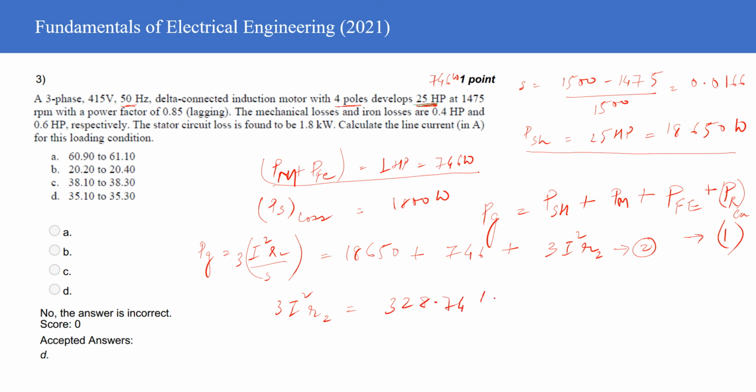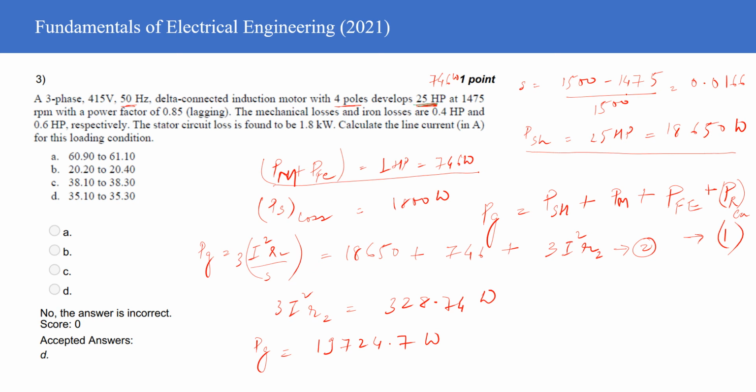328.74 watts. All right. So now if you use the value of S again to divide this quantity 3 I square R2, then you will have the value of PG, right? And the PG value will be equal to 19724.7 watts. I've done nothing. I've just divided this I square R2 by S, which we have formulated previously. So if you have your PG with you,